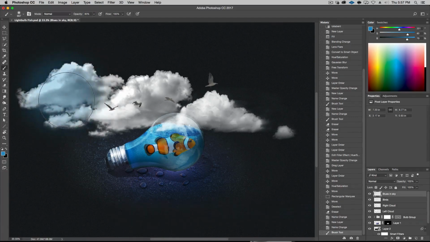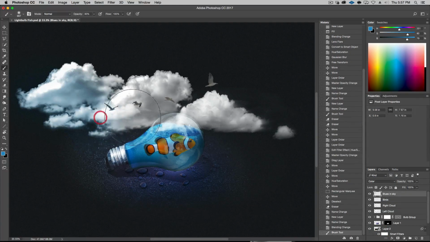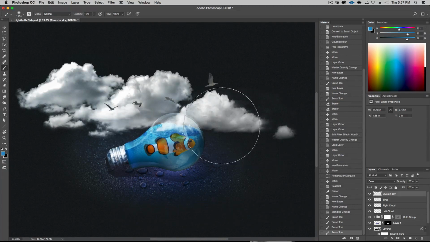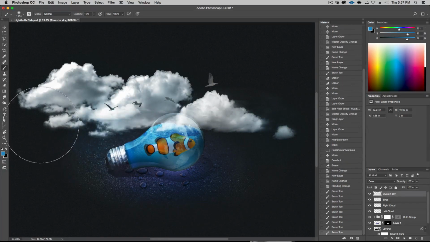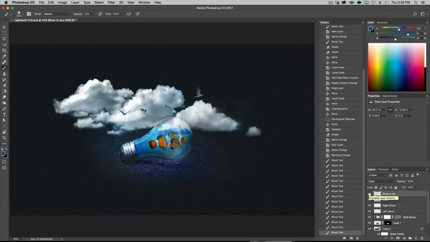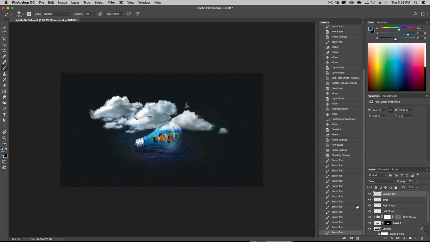Now, whoops, undo that. This layer needs to be in color mode so that when I color, it doesn't change shading. Undo that, it's a little too strong. Let's do 10%. It doesn't change shading, it just changes color. Click a little bit here, there. I want to just give it a little bit of color. Pick a different blue here, just so it has a little bit more life instead of the very gray black and white that it had. See? Before, after, before, after. I like it. So that's the birds and the clouds. Let's add the sun and a little bit of tweaking for the rest in the next chapter.